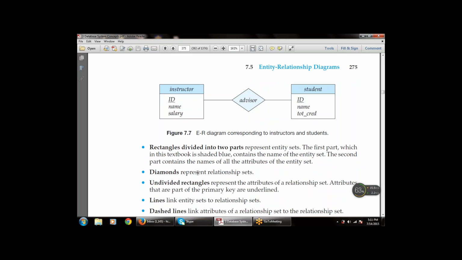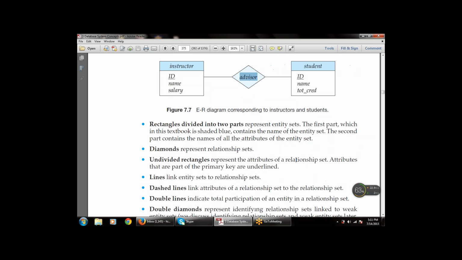Next is the diamond that represents the relationship set. So one is the instructor, one is the student, that are the various entities, and that is represented by the rectangle, and the relationship set is represented by the diamond. Then there is an undivided rectangle that represents the attributes of a relationship set, that are